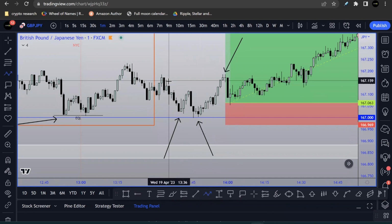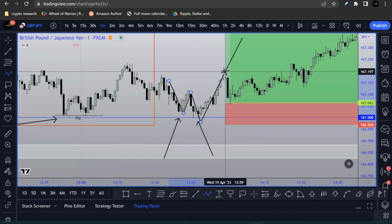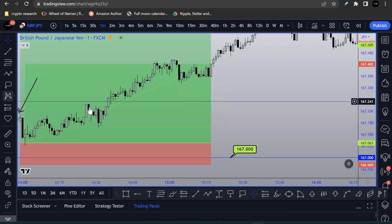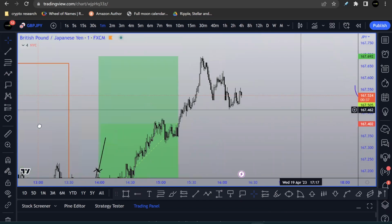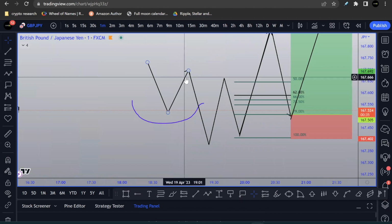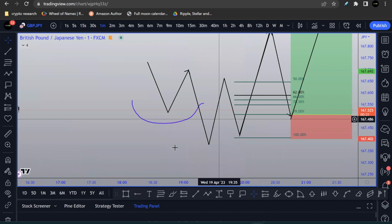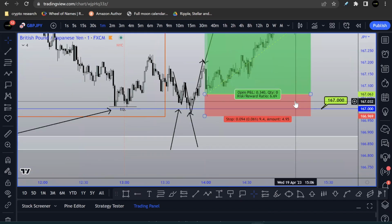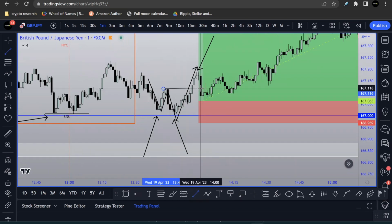Here is a low pre-engineered into the market. Here is a violation of that low, and here is a market break in structure. Look at the pattern that I drew over here for you guys. Again, what do we see? A low, a violation of that low, and a higher low that comes into fruition after that. Boom. Well, as soon as we saw that market maker pattern, all we simply did after identifying this market break